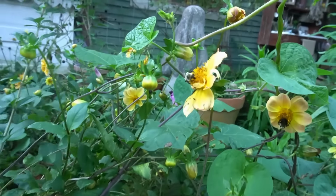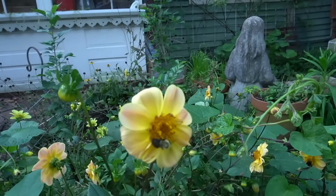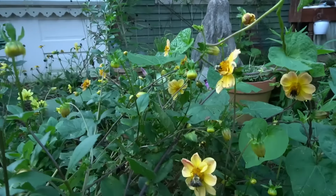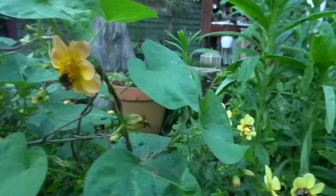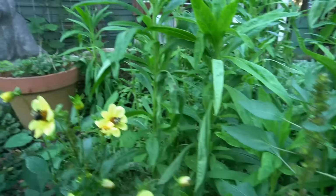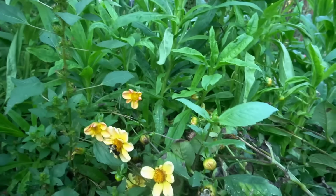Like I said, I bet there's 30 or 40 bees sleeping in the flowers. Look at this. There's two here. Oh, that one woke up. There's one here, another one. There's two in that flower, one in that flower, over here, two, three snuggled up in that flower. There's another one,